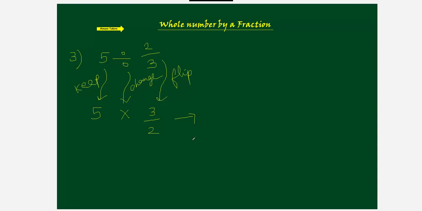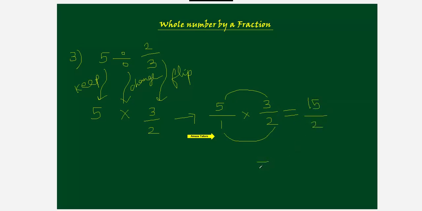Now, you know how to multiply a whole number and a fraction. Maybe here you can write 1 if you are not comfortable with that. Even if it is not given, you are going to multiply only the top numbers. Bottom number 2 remains the same. But if you are not comfortable doing so, you can write 1 in the bottom and multiply like this. No issues. 5 3s are 15, 1 2s are 2.